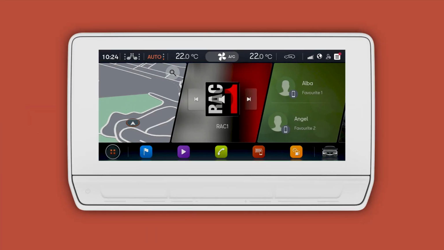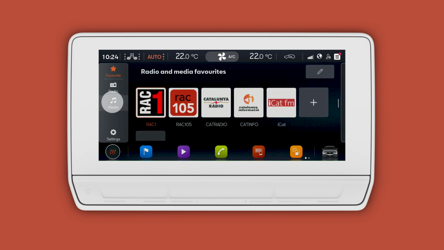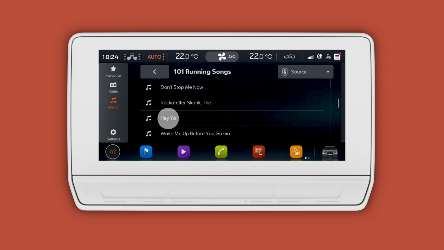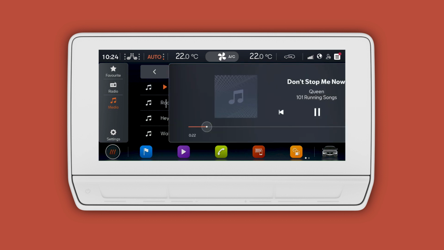What about your music? Coming right up. To play your favorite tunes from your phone, first tap on the audio icon, then media to access a playlist. Tap on the favorite tab and add your favorite songs and artists. Slide or tap on the small white bar here to access song details.